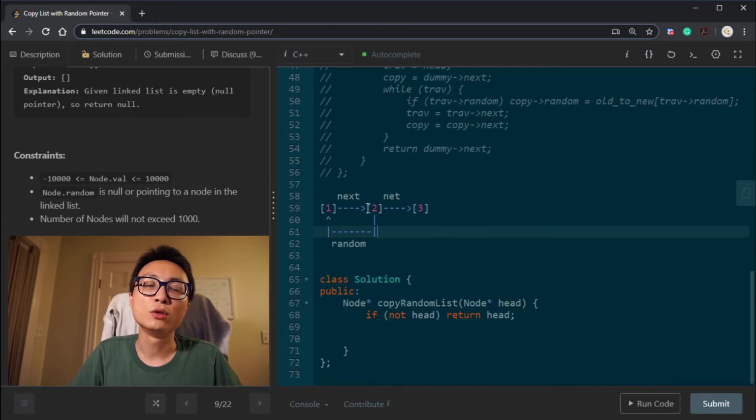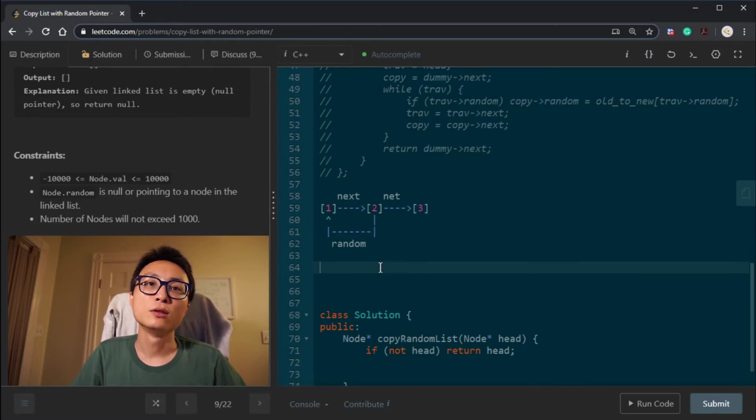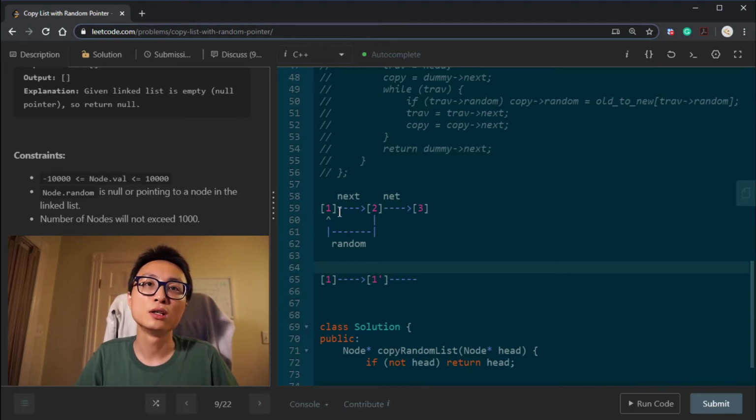The way we do that is just to put the new node temporarily in between the old node and its next. So it will look like something like this. I'm using prime to indicate this is actually a copy node.